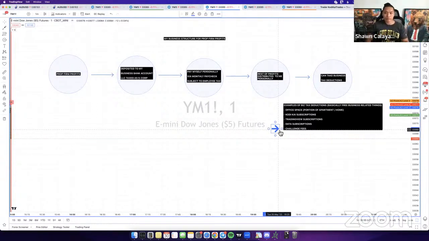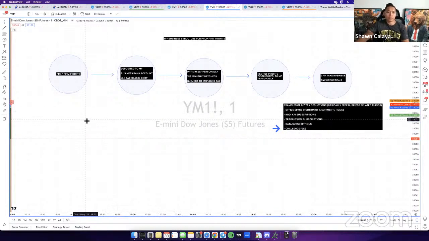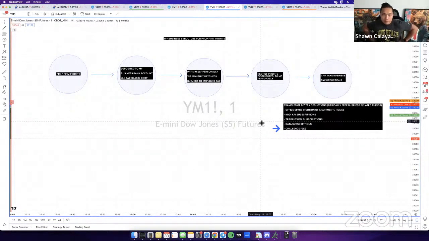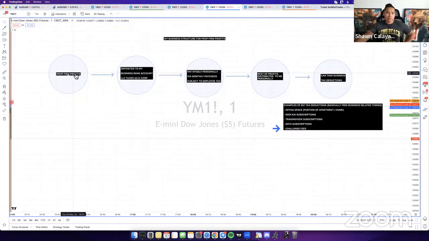All right. So by doing this, you get your tax deductions, and on top of that, you get taxed differently. If you're trading a personal account, you get taxed capital gains, because if you're taking withdrawals every week or every month, that's going to be taxed as a capital gain. When you get paid from profits, you're getting paid as a contractor. Say, for example, if you're a barber or something, you get taxed as a business.